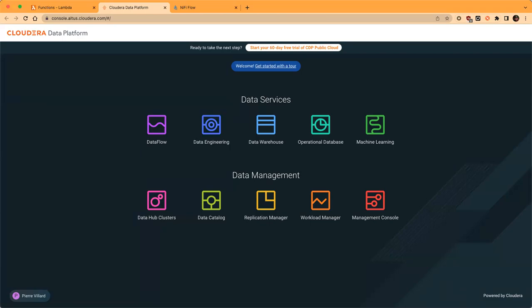Okay, hi everyone. This is a new video for DataFlow Functions. I want to show a new use case where the function is going to interact with the Cloudera Data Platform services, and in this case, leverage the new put Iceberg processor. As you know, Iceberg is a table format that has a lot of advantages. And in this use case we want to push data into Iceberg tables in CDW, Cloudera Data Warehouse,